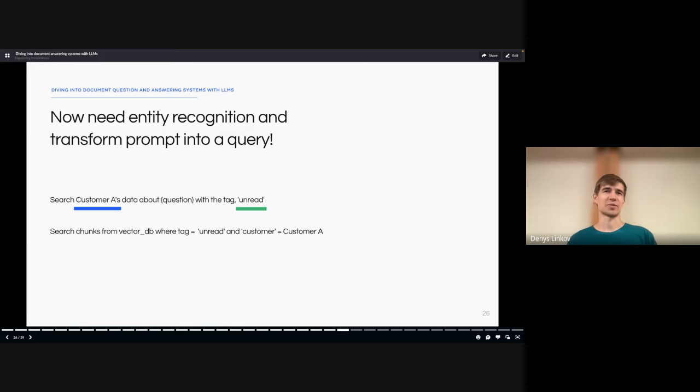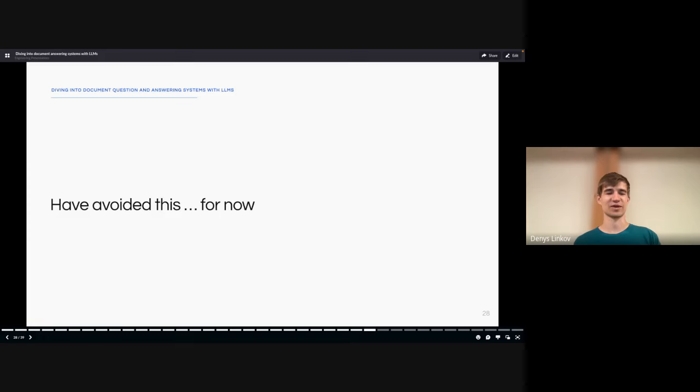And what you end up having to do is do this at your DB level. So you might want to have tags in your DB that the user can configure. You might have to have these AND and OR clauses that you convert from your prompt. It gets very tricky very quickly. So we have not actually implemented this for now because it adds so much complexity to the system. So even though it is a user request, and people wanted it, we've put our foot down and said, this doesn't actually make sense for this task, for the amount of challenge that it's going to bring us.